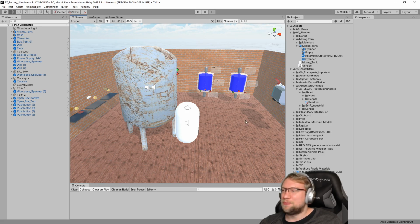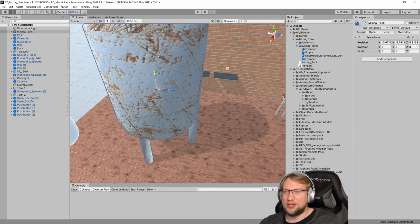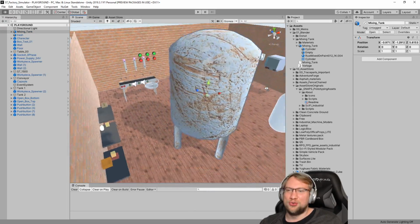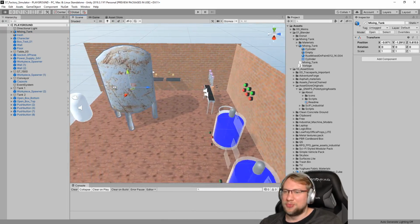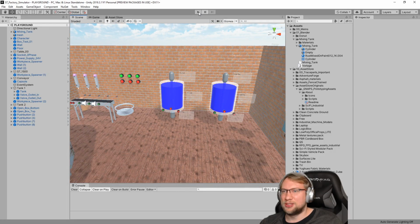Let's see. Our goal for now is... Do you see that huge thing here? I've created this huge tank thing here. Let's just do it. Wait, if I click play...